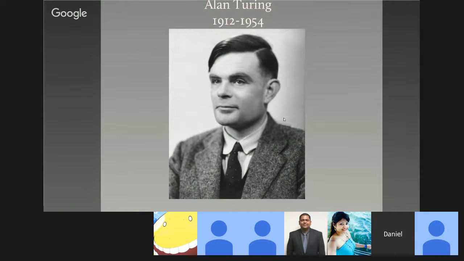After the war, he gets arrested because his partner breaks into his house, robs his house, steals a bunch of his stuff. And when Turing reports the crime to the police, they decide to arrest Turing for homosexuality instead of finding the criminal. Now, Turing's a war hero, so they can't throw him in prison. So what they do instead is subject him to chemical castration, which is the punishment at the time for homosexual behavior. Chemical castration means that they're feeding him a bunch of testosterone, right, with the idea that feeding someone testosterone will make them more manly.